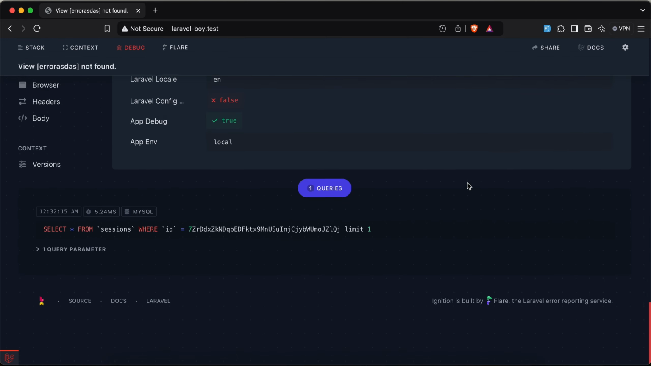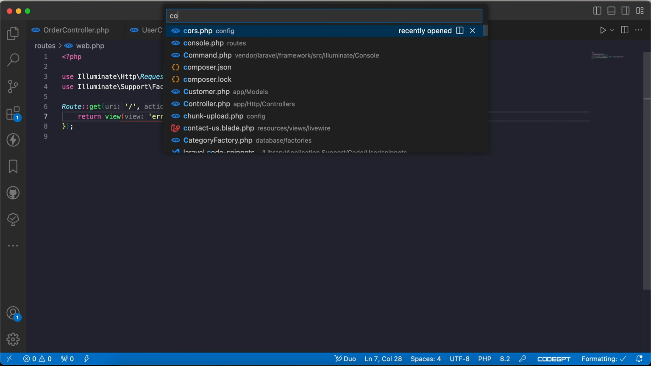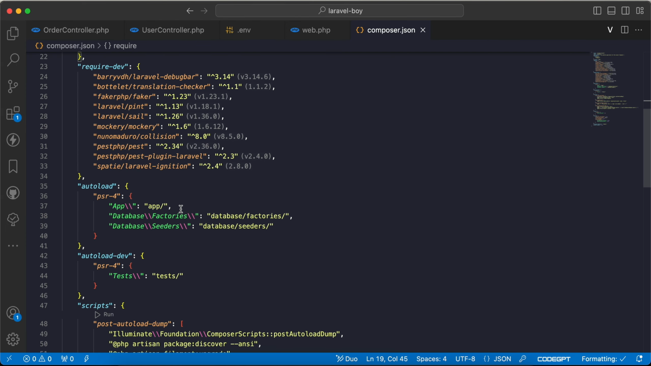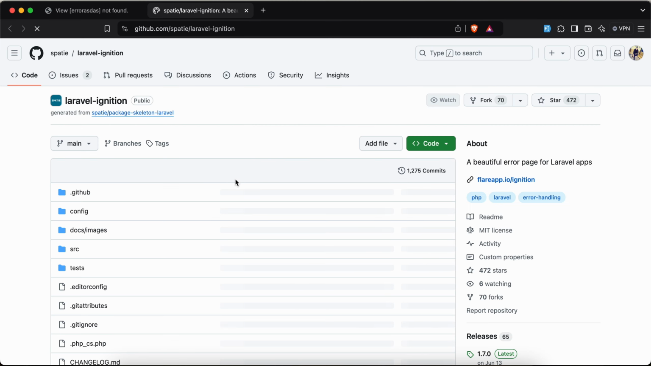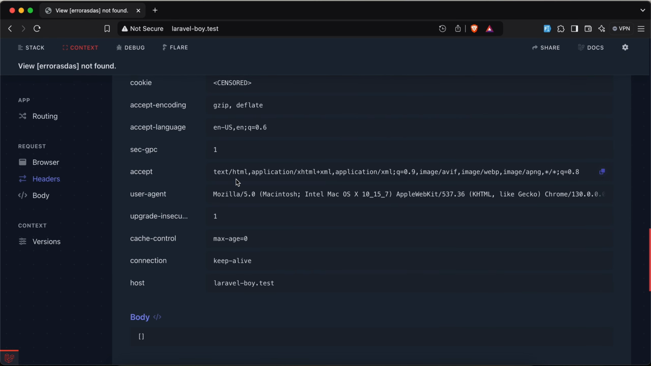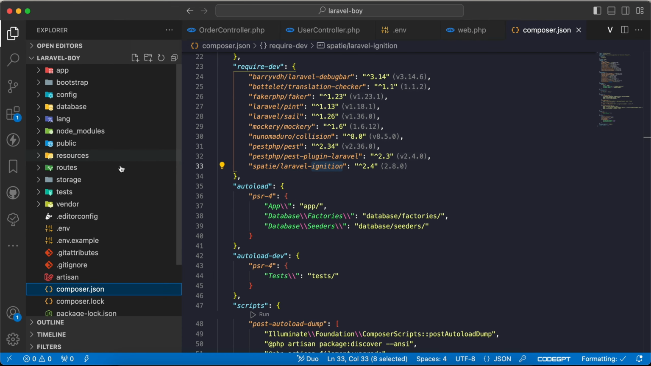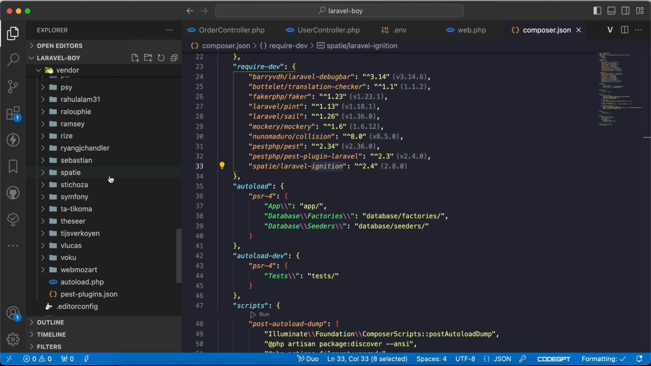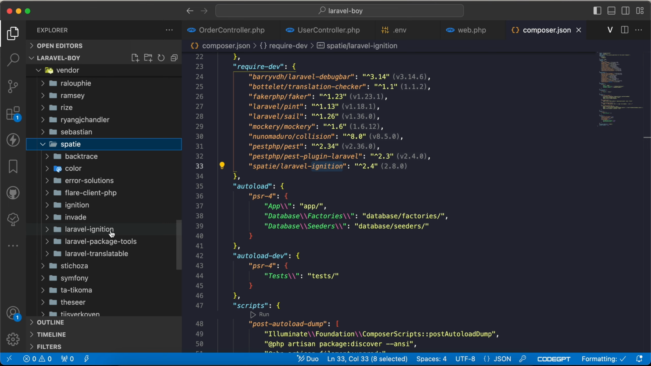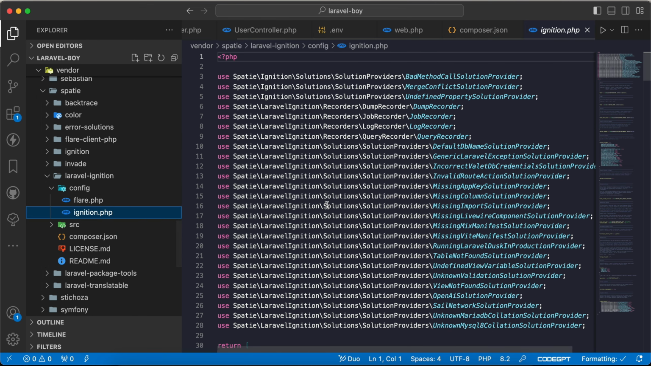If we go to the end of the page, we can see this is by the Ignition Laravel package, which by default comes with any Laravel project. As you can see here, Spatie Laravel Ignition, source code on GitHub, right? And if we open the code inside Composer, vendor, and inside the Spatie folder, here Laravel Ignition, and we have config, and if we open the ignition.php file here,